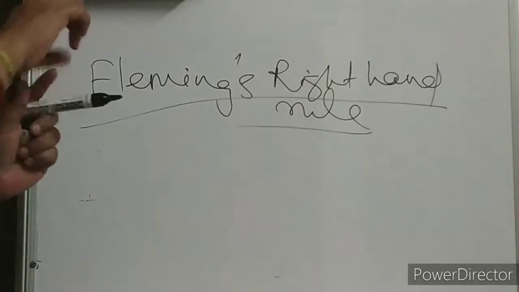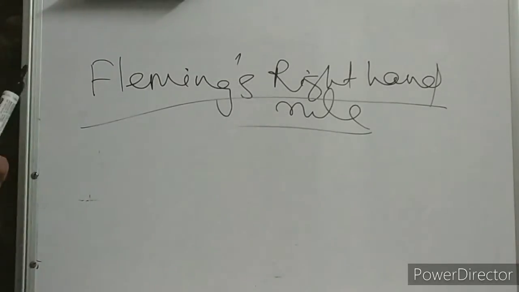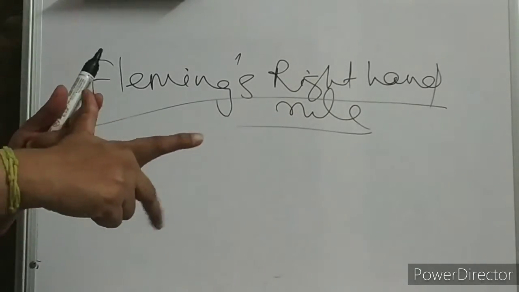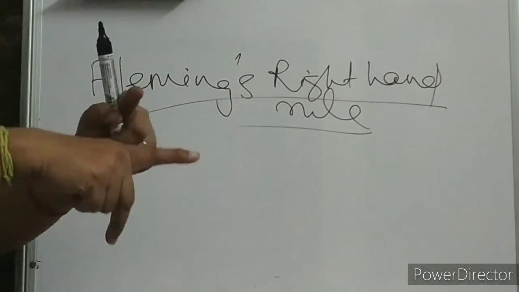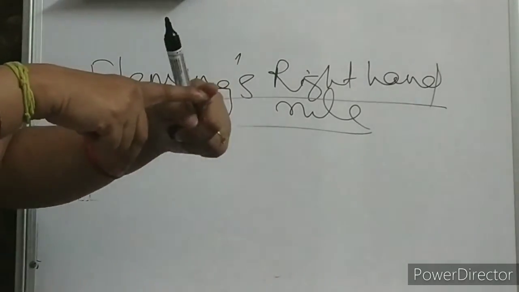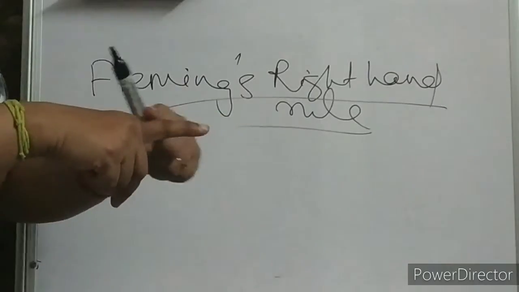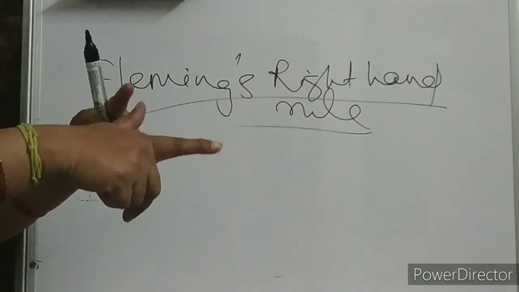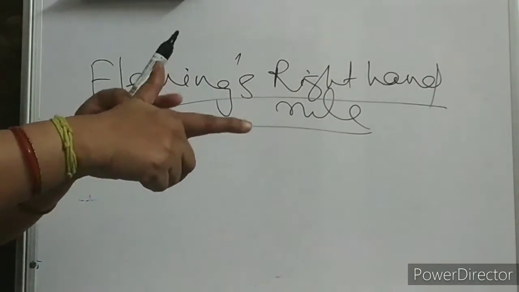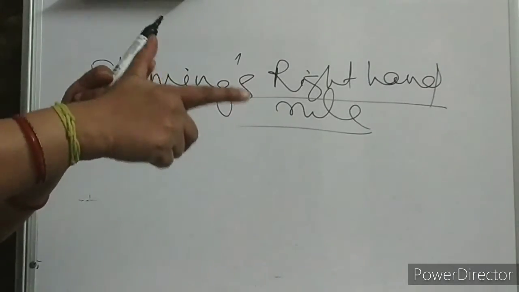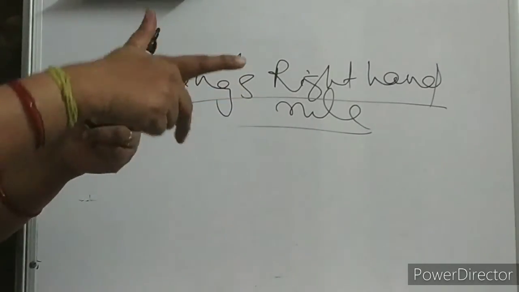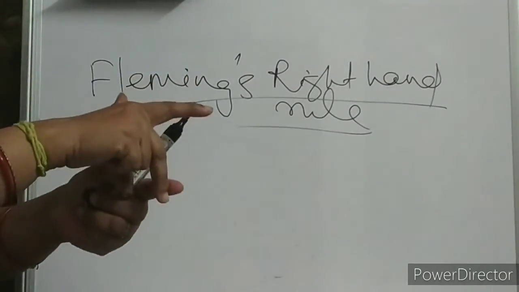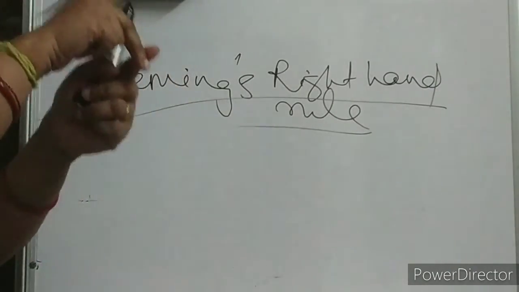So here what Fleming's right hand rule is telling us, again this is your right hand. Clear, children? Stretch all these three fingers. As in the last class with Fleming's left hand rule, here also the same. Your forefinger will point in the direction of the magnetic field. Okay, and the thumb points in the direction of the motion of the conductor, you can say the force due to the magnetic field. Okay, and this central finger gives the direction of induced current.